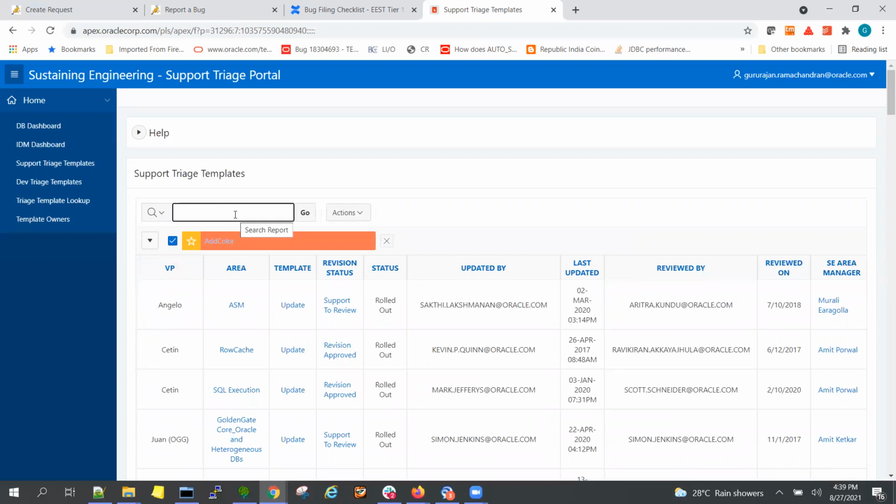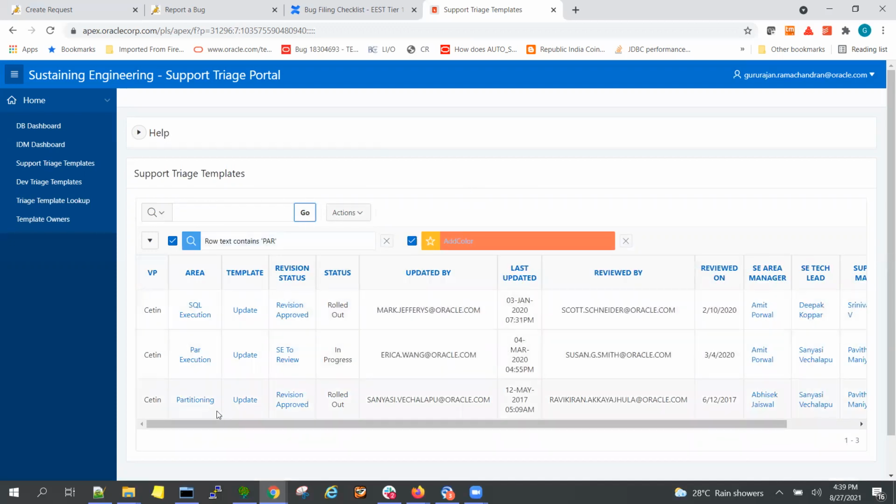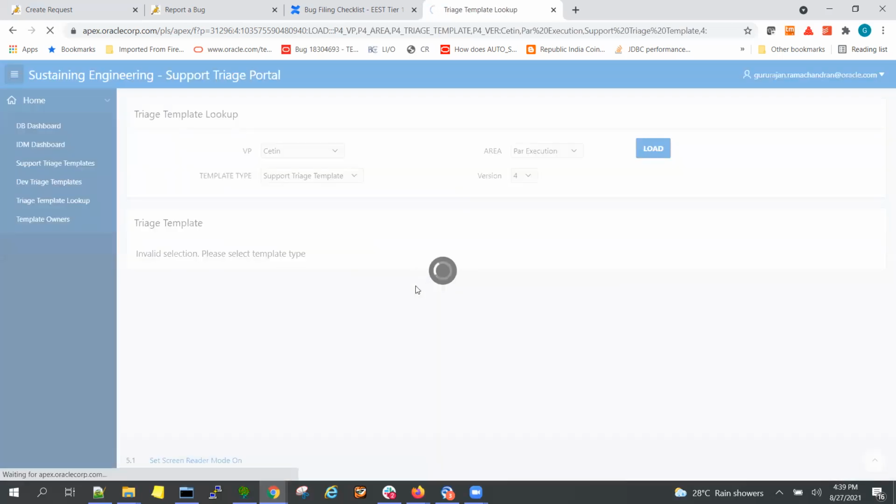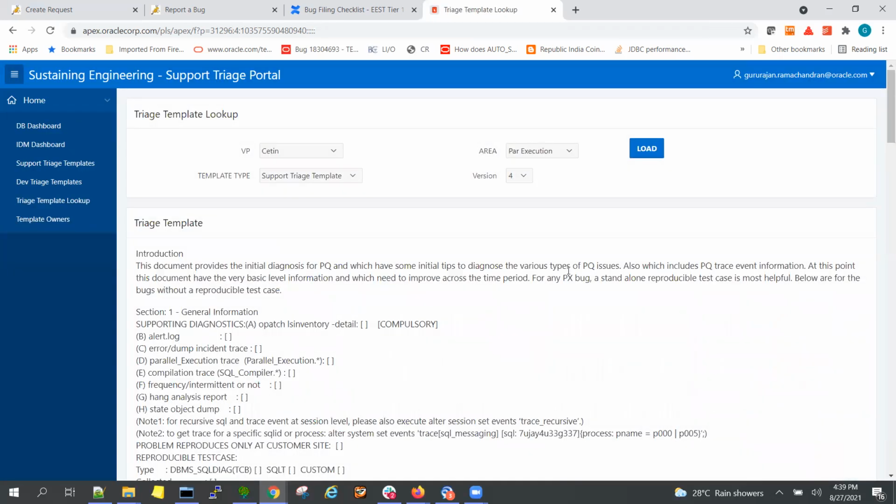Okay. Now you want a template for the parallel execution, PAR. Just go and search. So you have PAR execution is there. Okay. And partitioning is there. So now you use this one, parallel execution. Click on that and it will display the template. See,